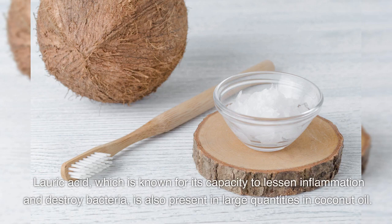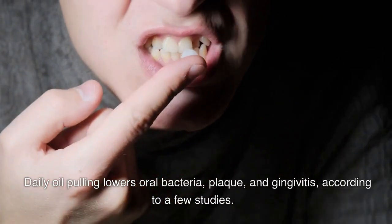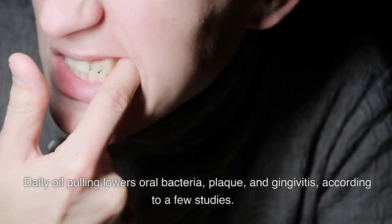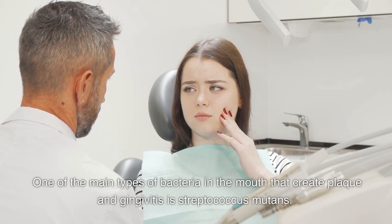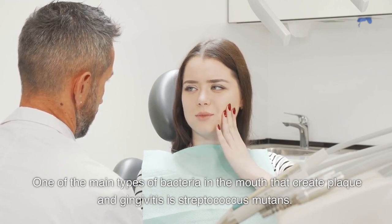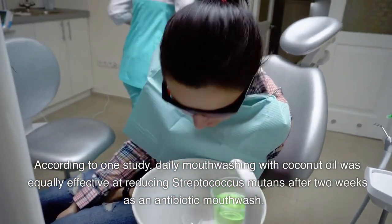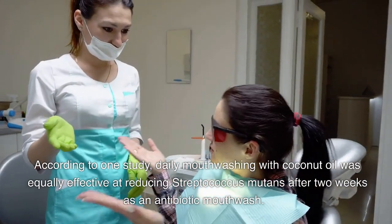Lauric acid, which is known for its capacity to lessen inflammation and destroy bacteria, is also present in large quantities in coconut oil. Daily oil pulling lowers oral bacteria, plaque, and gingivitis, according to a few studies. One of the main types of bacteria in the mouth that create plaque and gingivitis is Streptococcus mutans. According to one study, daily mouthwashing with coconut oil was equally effective at reducing Streptococcus mutans after 2 weeks as